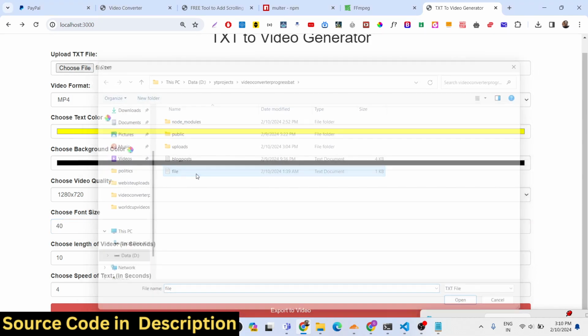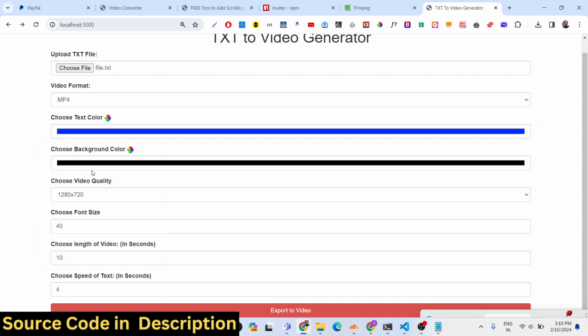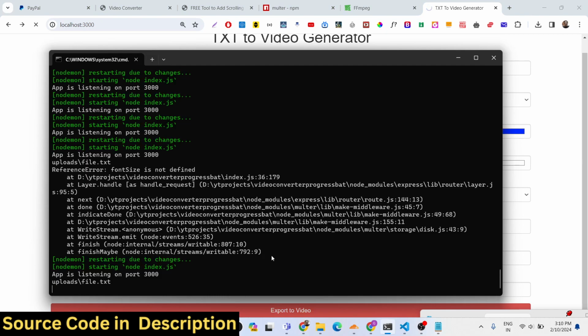If I select, change the text color to blue color and background color to, let's suppose, white. Font size, let me increase it to 46. Length of the video will be 15 seconds. Let's suppose the speed of the text will be 2. Click on that, export to video. So now it will execute this command, and